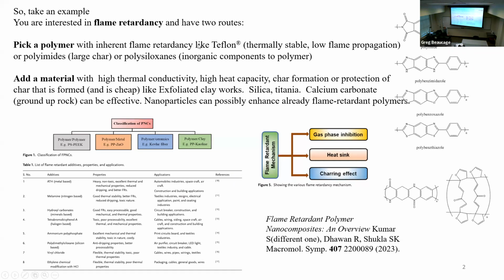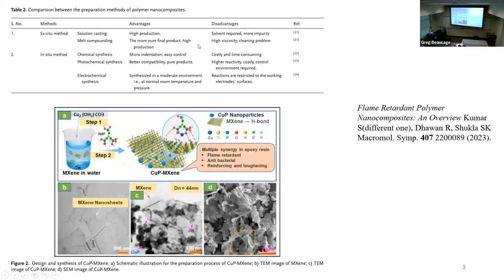So there's a lot of questions about why you're doing it with carbon black. With carbon black, it's going to be something. This is from that paper about flame retardant, ex situ and in situ. So for instance, if you take PDMS rubber and the end groups are OH, then you can cross-link it with